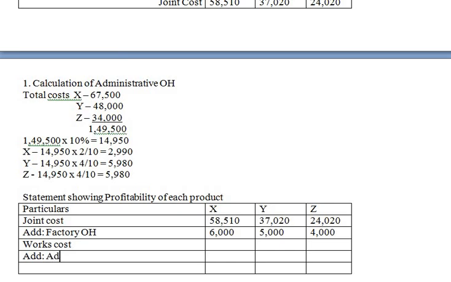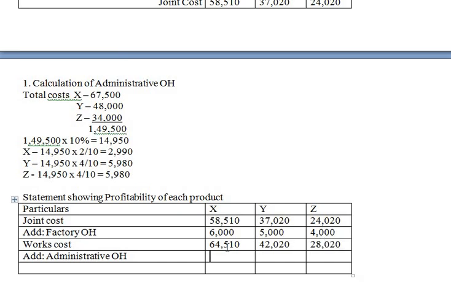Next, add administrative overheads. So administrative, we need to add it, and the total is 64,510. Here it is 42,020, 28,020.